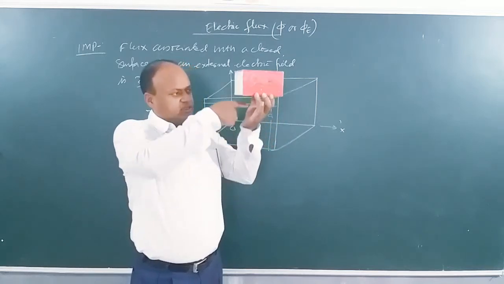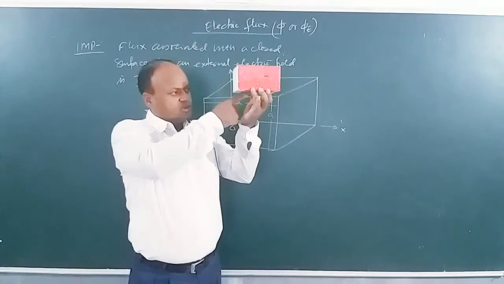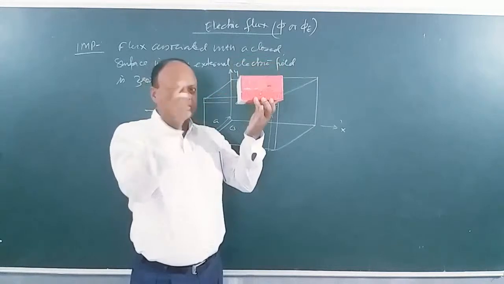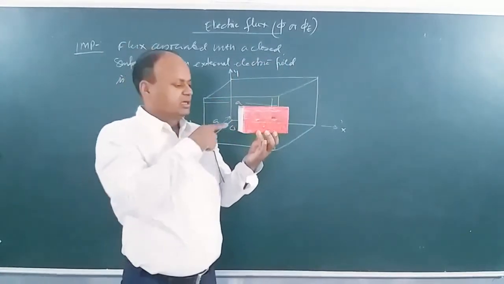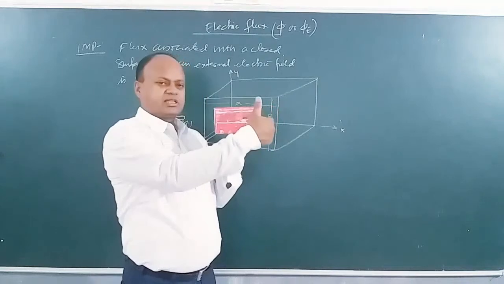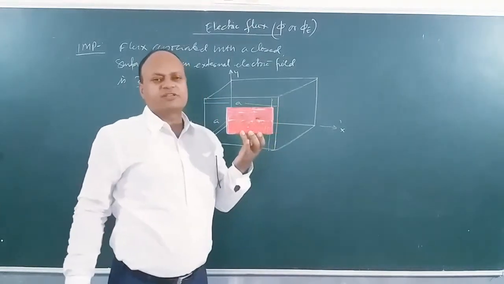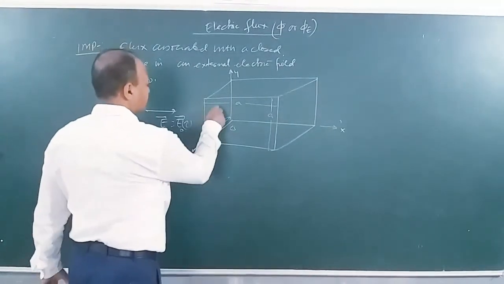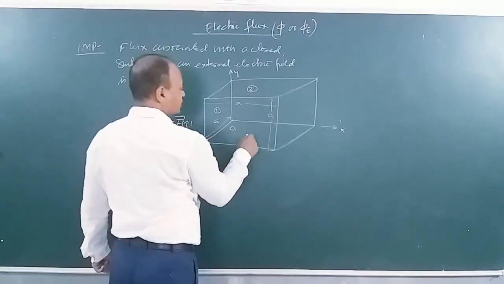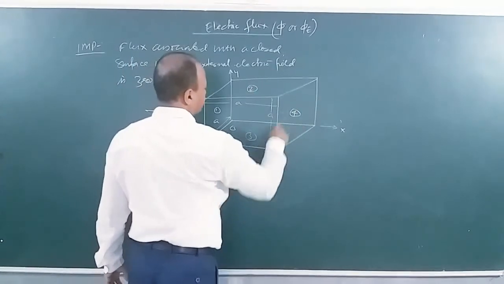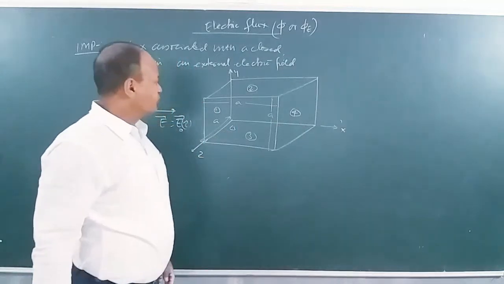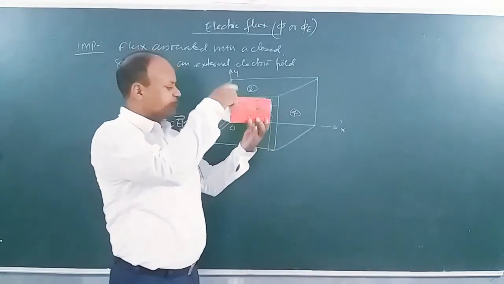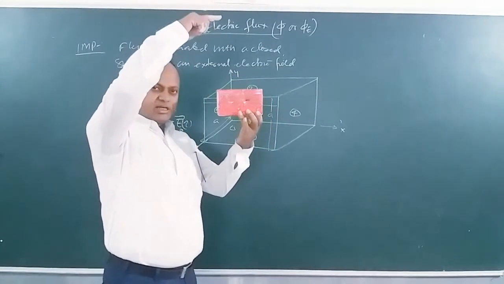Now, if I consider this surface area over here, you can see that the area vector will be perpendicularly downward. This is the field. So again, the flux here will be 0. So we can conclude that flux will be passing only through this surface and this surface, and through the remaining 4 surfaces it will be 0. We can assume like this: surface 1, surface 2, surface 3 and surface 4. And the remaining 2 surfaces are on the side, which are not visible. This is 5 below and this is 6 above.